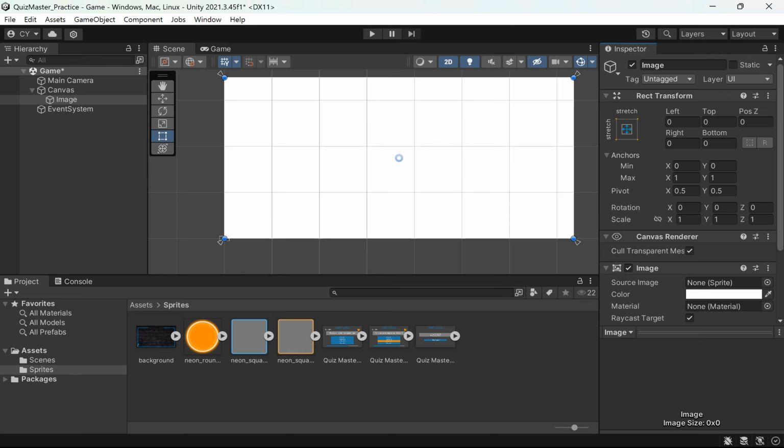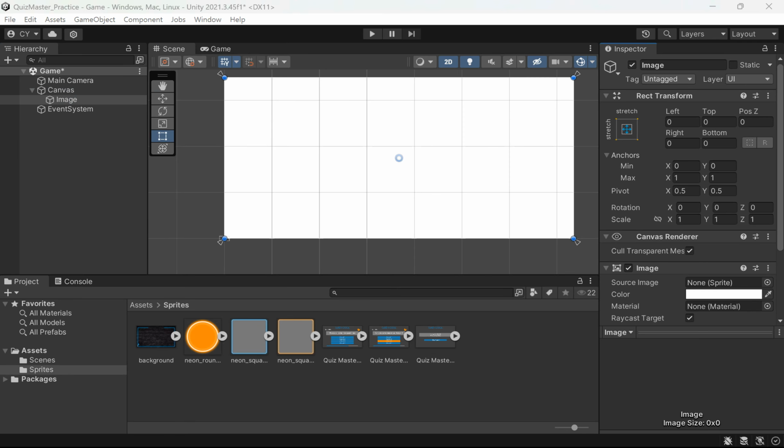But since this is our first foray into the UI and the rect transform, let's actually just design our game with one specific resolution in mind. And that's going to be the most common resolution, which is HD. So over in our game view, let's change from free aspect to full HD 1920 by 1080. And now whenever we look at our game view, we'll always have a good idea